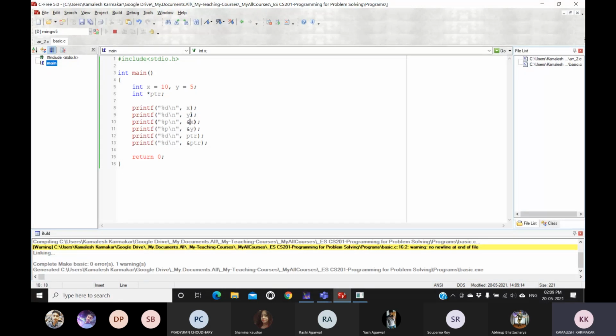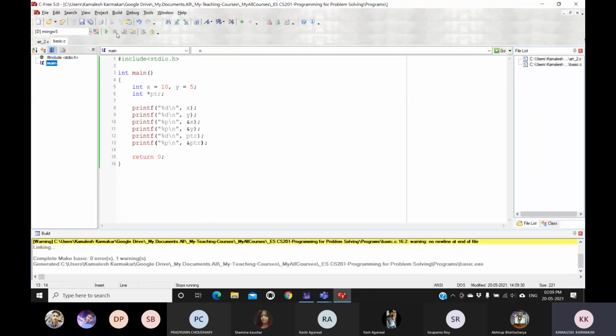Then I'm going to print the address of x, the address of y, the value of ptr, and the address of ptr. I'm going to run this program again.